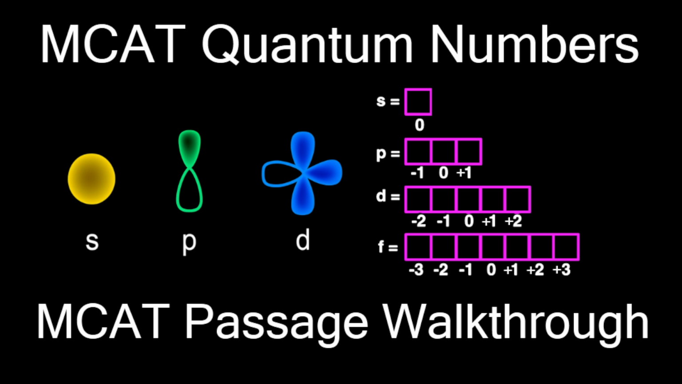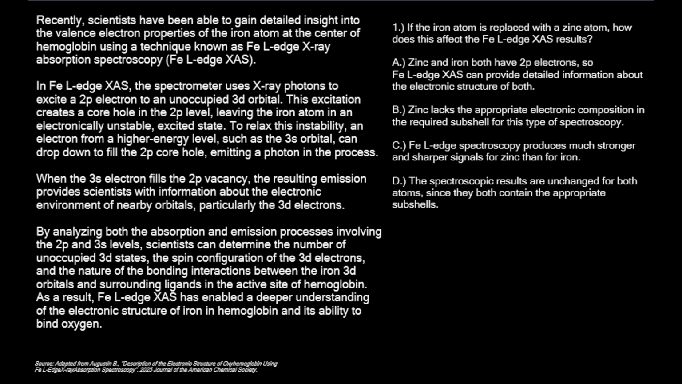In this video, we analyze an MCAT passage on quantum numbers and solve each question step by step. To get the most out of this practice, try the passage on your own before watching the solutions. Let's get started. Recently, scientists have been able to gain detailed insight into the valence electron properties of the iron